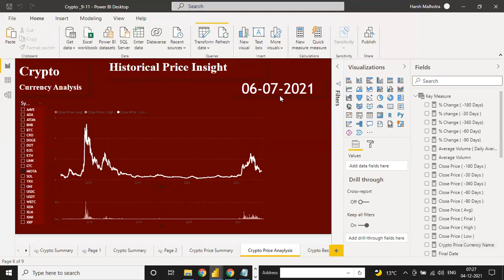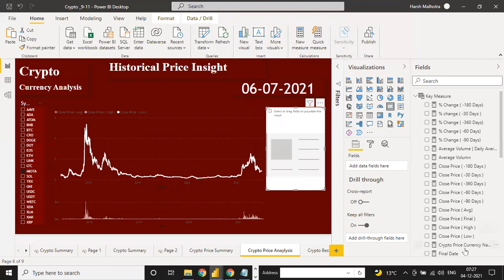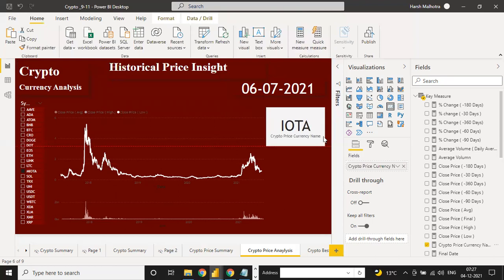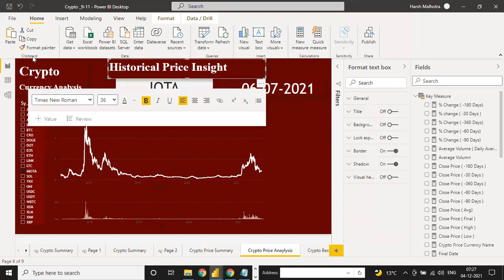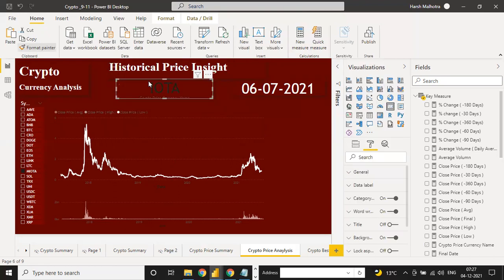And now click on any card chart. Close price currency. Plus here. Click this format and just change the format of this one.